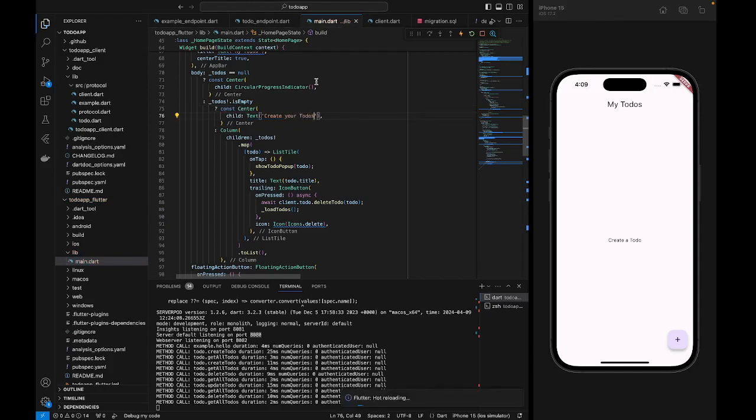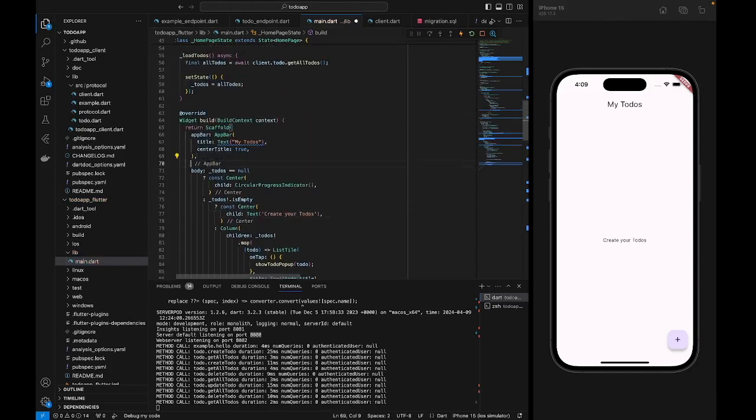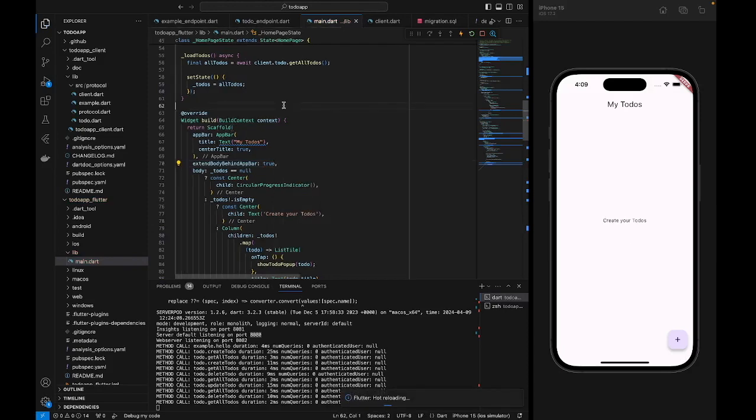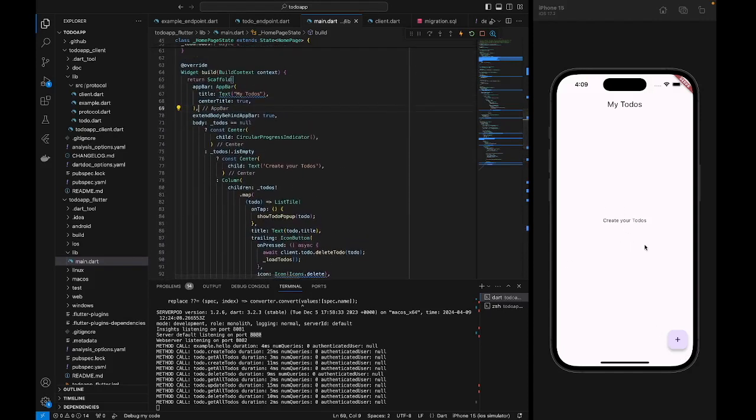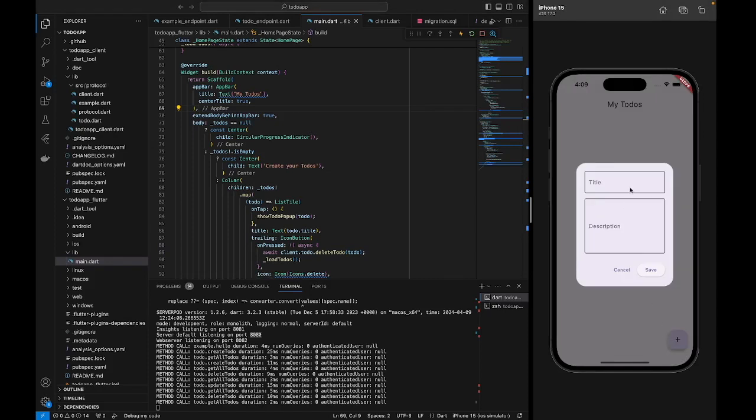Create your to do's, and let's set extend body behind app bar to true, so let it be, it will come a bit up. Yeah, so this is it. If there are no to do's, you will see the create your to do text. If there are any to do's, I am adding a title, new, having a description,